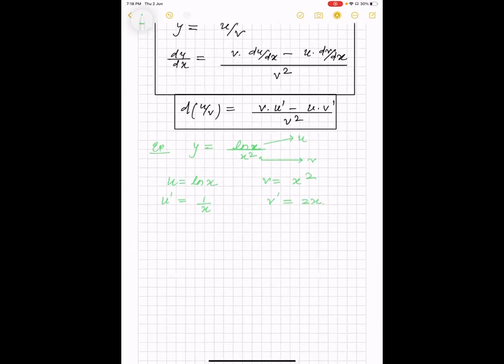Now just put it into the formula. So finally, dy by dx is v as it is, that is x square as it is, times u dash, which is 1 by x, minus u as it is, which is ln x as it is, times v dash, which is 2x, over v square. So x square, the whole square. We can cancel one power. So finally,